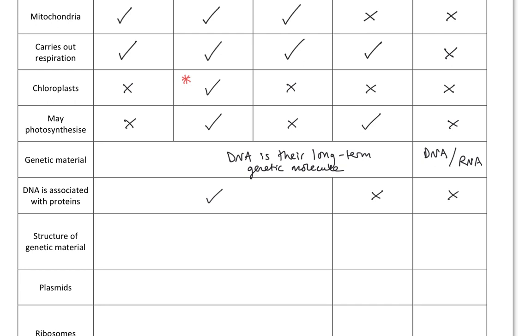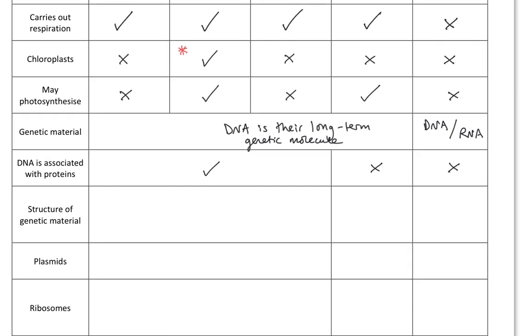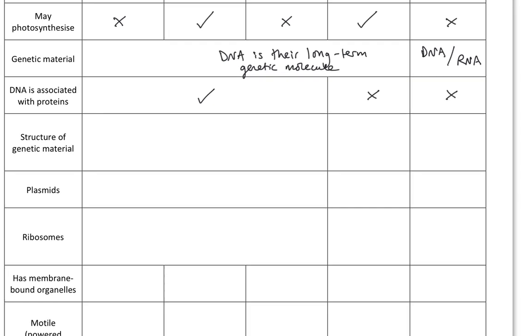And viruses definitely don't. One day we're going to put a tick somewhere on the virus, aren't we? Hopefully. Anyway, we're nearing the end. Structure of the genetic material next. So in a eukaryote, they are called linear chromosomes. A chromosome is DNA